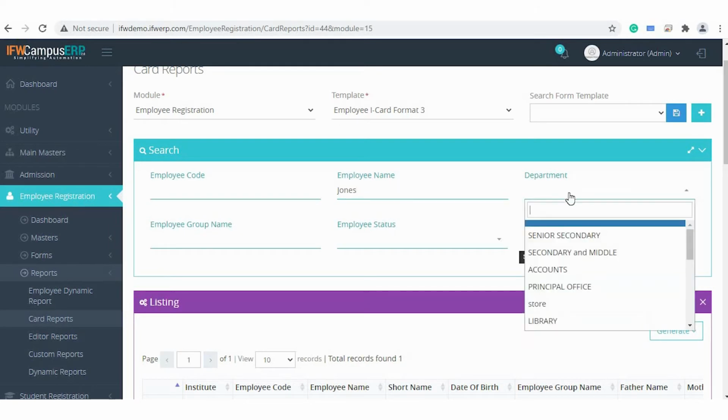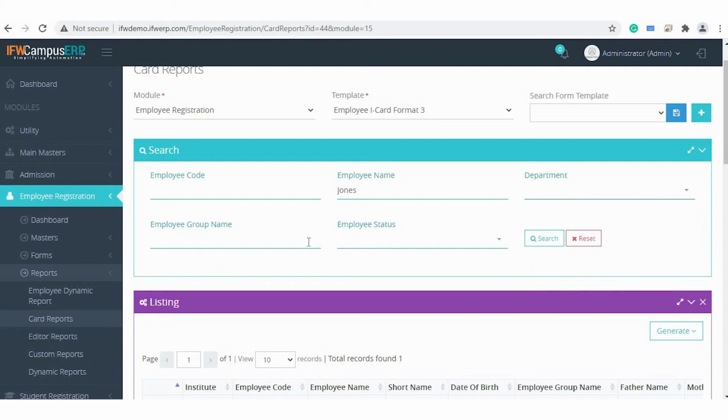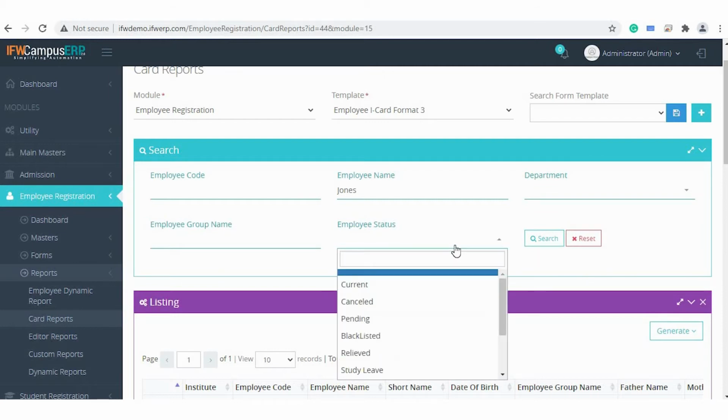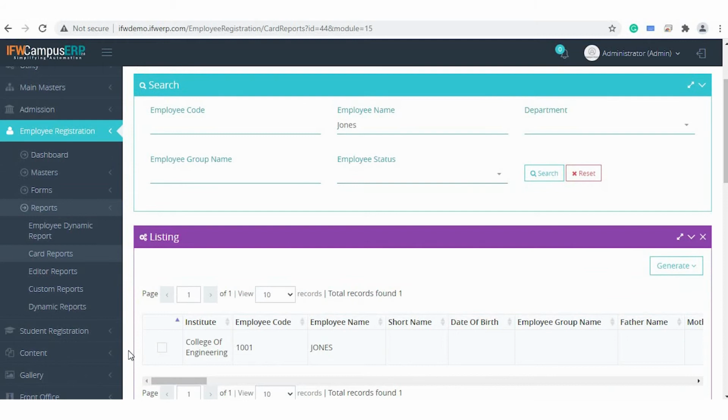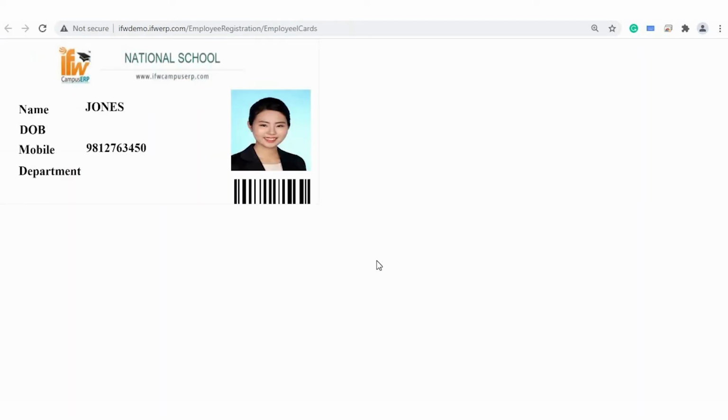You can also use the department filter, you can use the group filter, you can use the status filter to get your list. Select the employee for which you want to generate the iCards. Click on print. This is how the iCard has been generated for the employee.